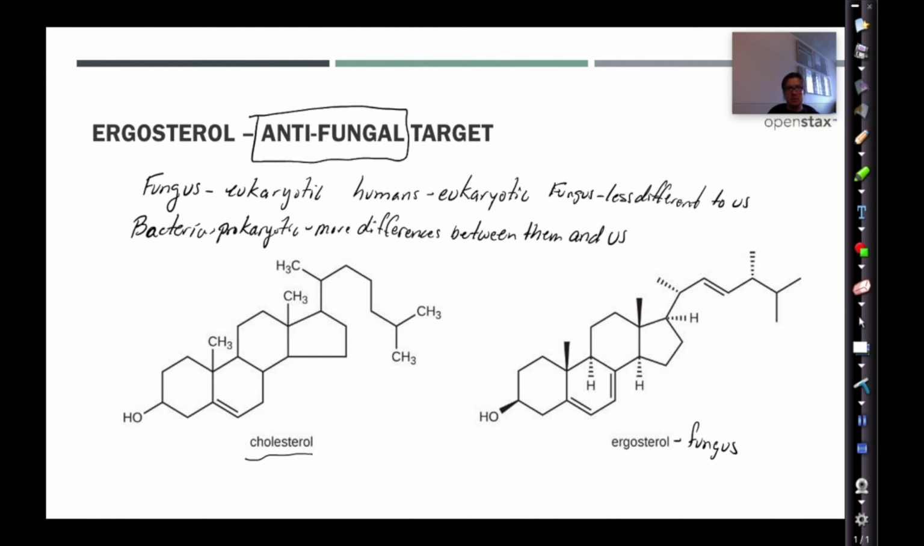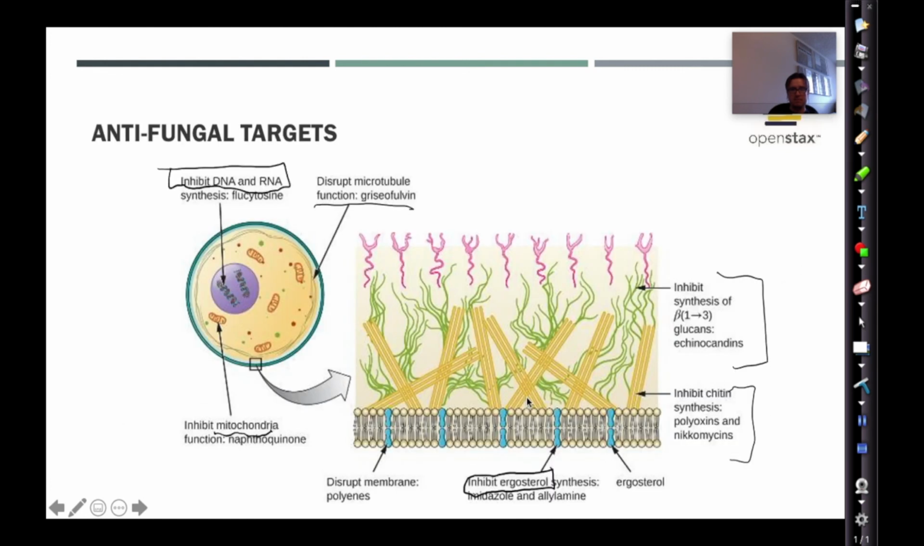Antifungals, these are hard because fungus is a eukaryotic organism, so they're difficult to find: antifungals that don't kill our cells. Because it's eukaryotic and we're eukaryotic, this is less different to us than bacteria, which are prokaryotic, and there are more differences between us and them, so we can target those in antibiotics. We have cholesterol in our cells. Fungus have ergosterol, and so many of your antifungals will target that difference for ergosterol. So antifungal targets inhibit DNA and RNA synthesis, and this is fluticasone and